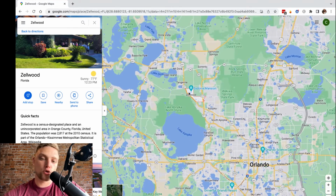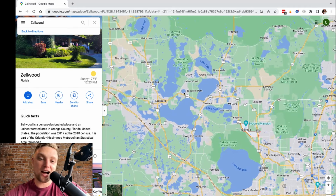I will say the more you go up towards Zellwood and towards this lake, like Mount Dora and all that stuff, you definitely get away from a lot of amenities that people love. It is an option. Have you ever heard...